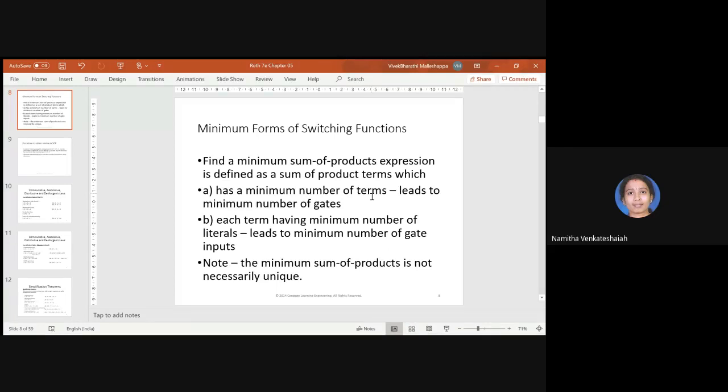Using minimizing the sum of products, that is sum of min terms. So there are different methods to minimize. But what is the meaning of minimization? The meaning of minimization is nothing but reducing the number of terms and reducing the number of literals. Why do we have to minimize? Because it would be economical and time saving. Okay. So next, look here.